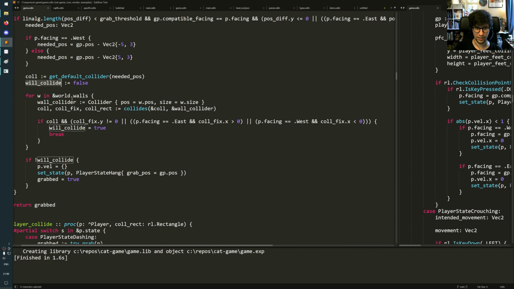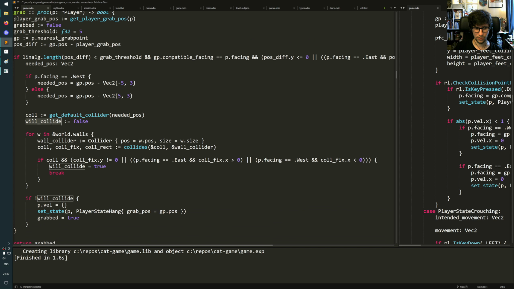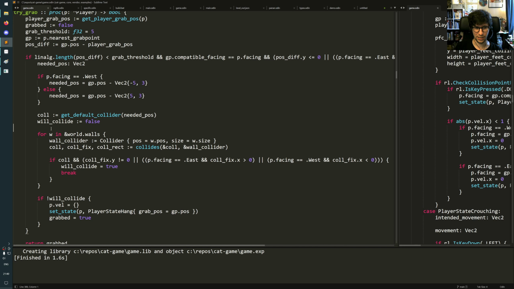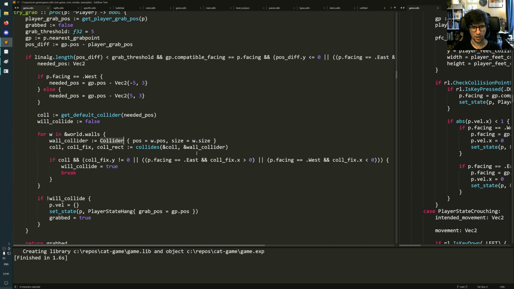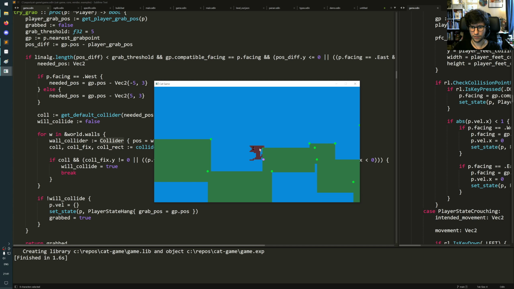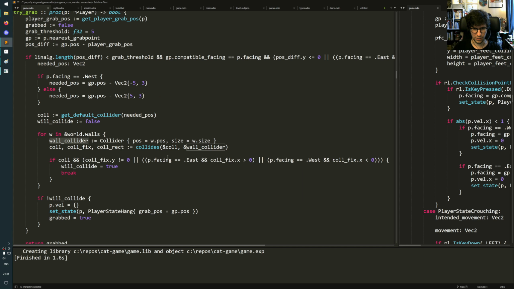So what it does is, when I try to grab a point, I make a bool called will collide, and then I check with all the walls in the game. I check with the new collider I will get after grabbing. You know, when you're sitting like this. Well, it doesn't actually have a collider, does it? It does some funny things. So it creates a collider that's sort of here, at this point. It creates that collider, and then it does a collision check against all the walls, and if any of those walls are colliding with it and it's not